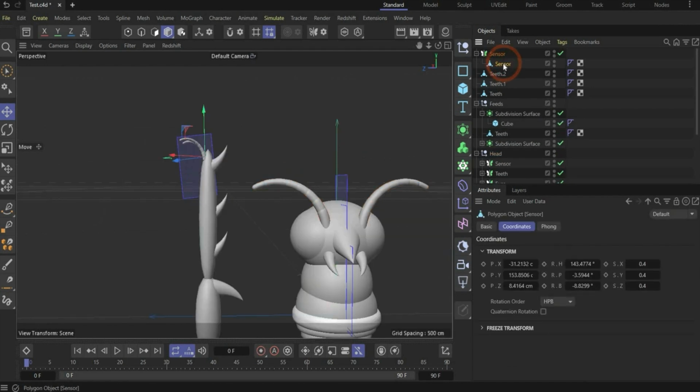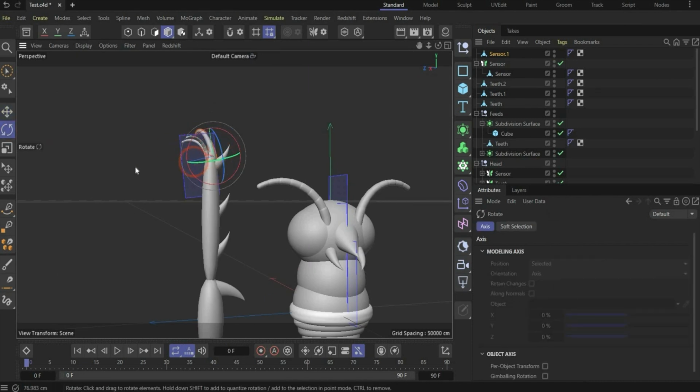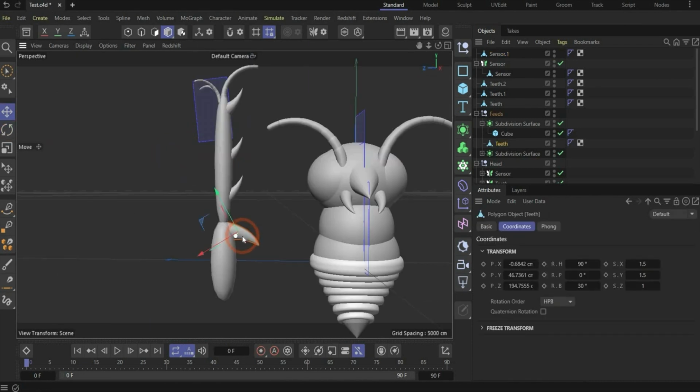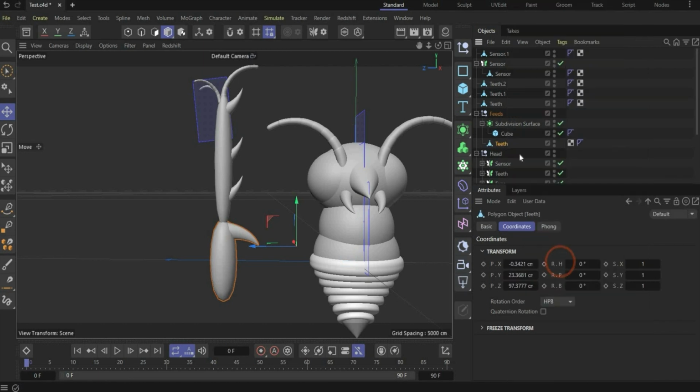Now we select only the object here under this symmetry sensor, copy and paste it. And here under the scale, I choose 0.25 in all axes. And now you can bring it here to the top and also rotate it. Perfect. All right. Select now this spike and this part of the feet and press now connect object plus delete